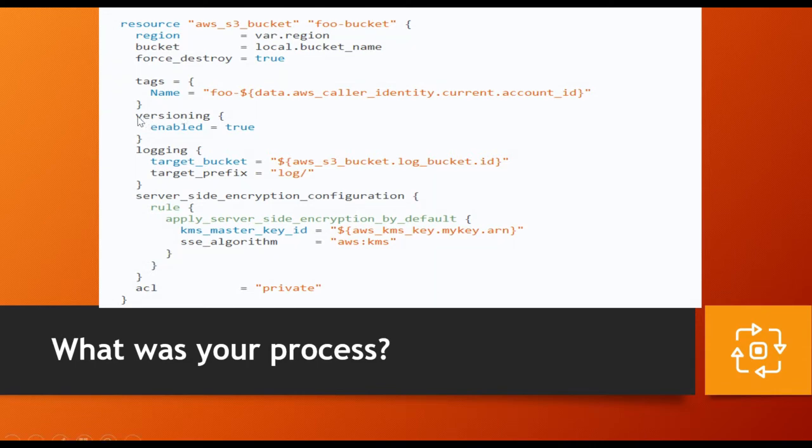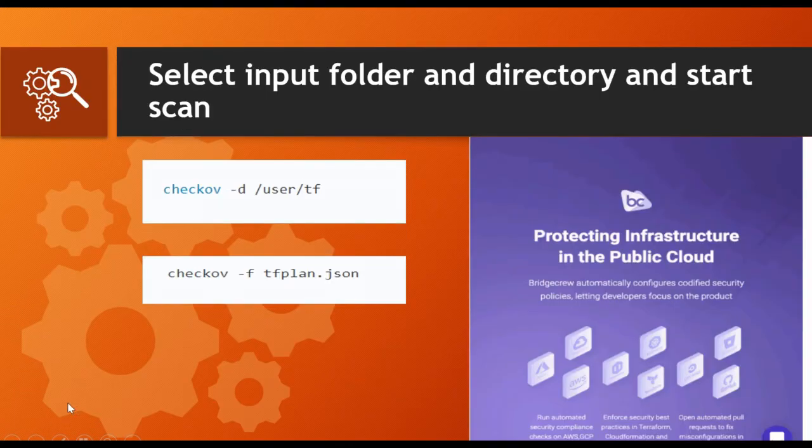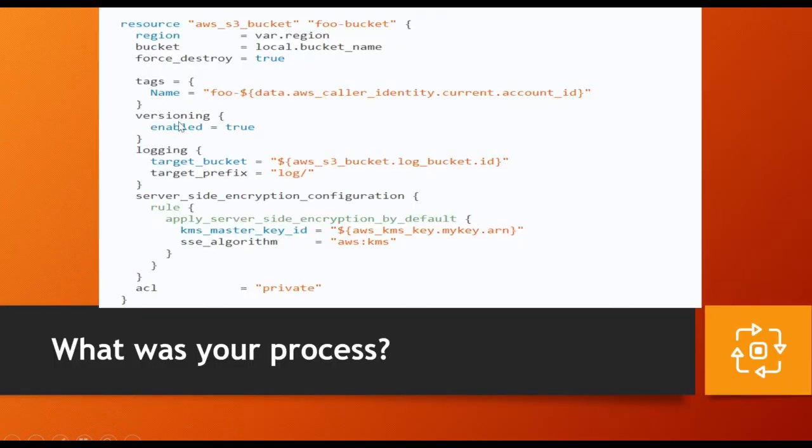So let's quickly go through it. You can see that the versioning, I have already enabled it, set to true. Then there is a logging section. If you see the access, I kept it as private. I did not keep public access. Then again, I have used the encryption, AWS KMS. So there are some standard security practices which I have already implemented, and we are going to create one S3 bucket using the same Terraform script in our practical sessions.